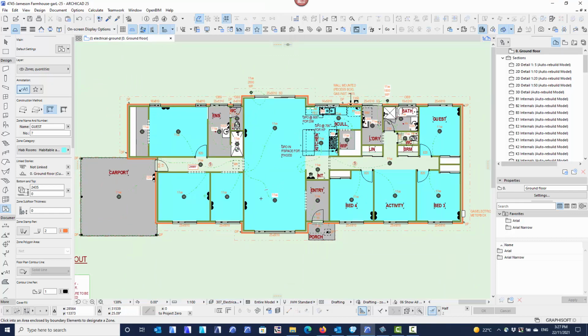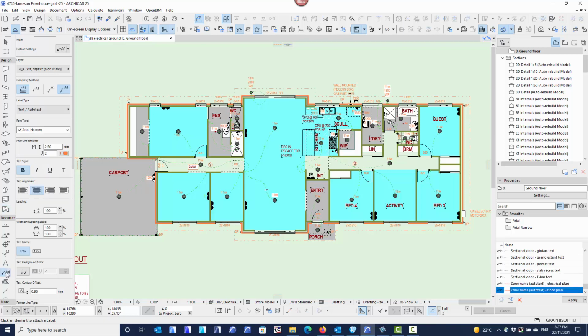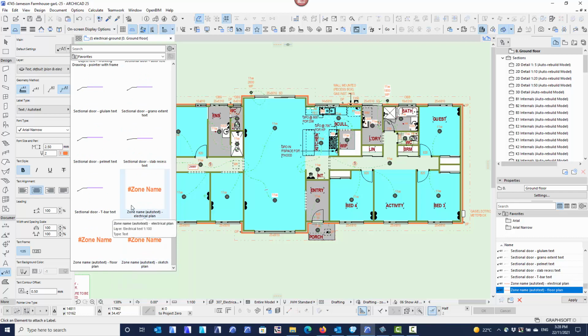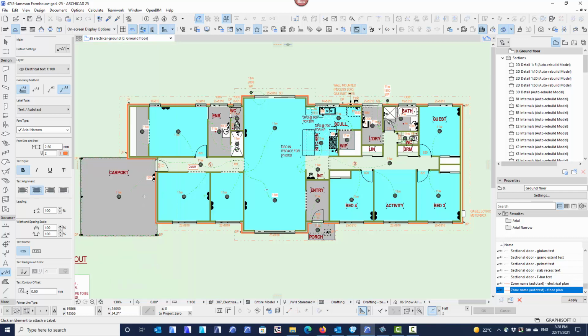I've tweaked the layer combinations with this so that the zone layers actually stay on. And what I can do now is I can now label the zones again, because I can add as many labels as I like in different layers. So all I have to do now is again choose my label settings. In this case, I don't want that layer, I want the electrical layer. But again, I can come into here and I can use my favorites, and I can actually say I want to label the electrical plan. Choose that favorite. I've got all my zones here already,